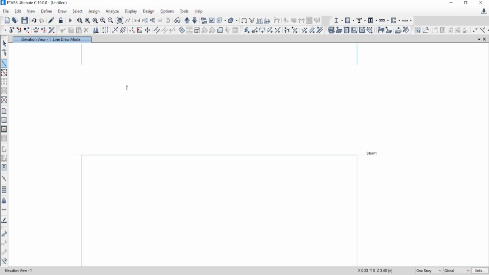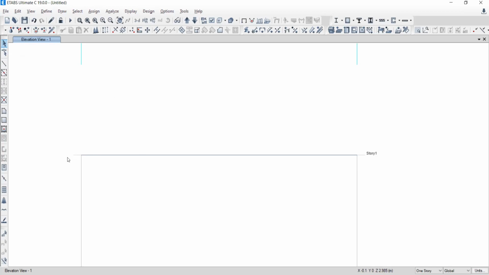But the command is now in active mode. If I am just clicking here, so another beam is going to be modeled. But I actually want to off this command also. So just click over this select object point. Now your command is now off.